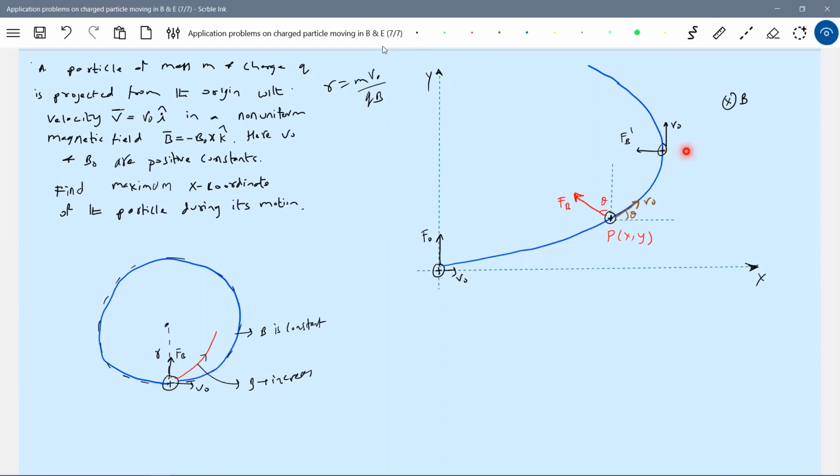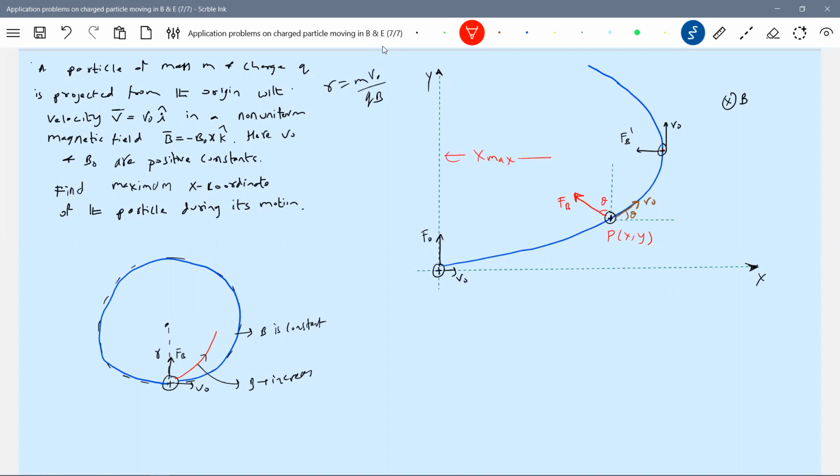Here, what happened? The x component has become 0. But sir, magnetic force can do work. No, it cannot do work. But it can accelerate a particle. It can change the direction of motion. So here, what this magnetic field has done, it has made its velocity vector directed along the y-axis. So shall I put like the x component earlier was v0, now it is 0. And this is the maximum displacement that we needed.